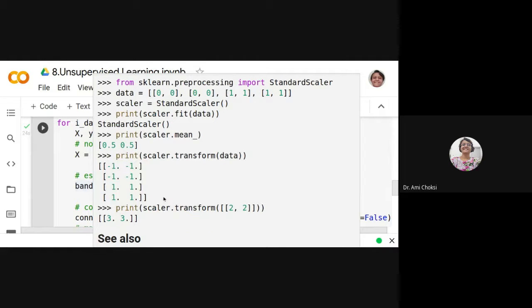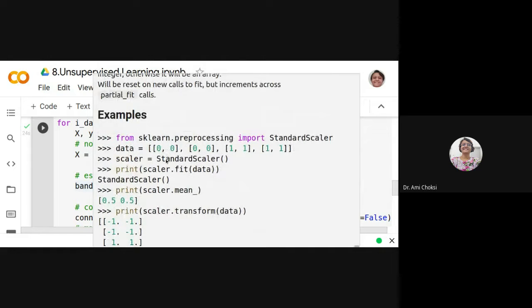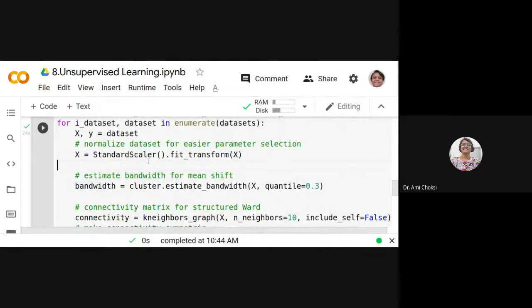Minus 1 to plus 1 data we can have, the way we want to have our scaling or our standard data set, isn't it? Any data set which is in different units, like kilometers and meters, to make the whole data in the same scale, we are using the standard scaler, isn't it?